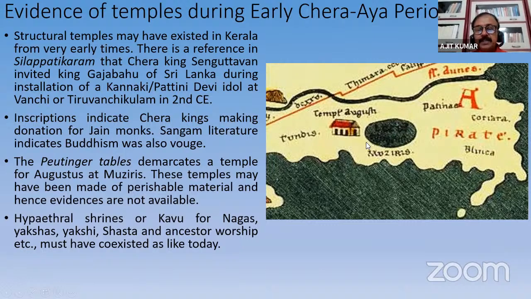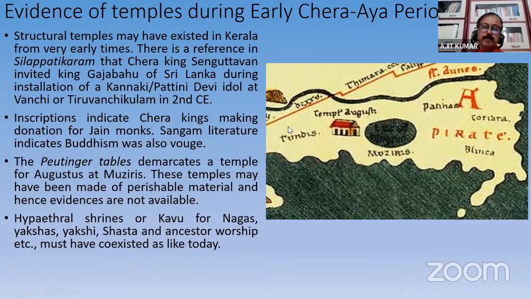But that doesn't happen to be the case, because the sloping roof is found all along the Konkan region, and it is basically because of the high precipitation or the high rainfall in this region that sloping roofs were made. And sloping roofs in ancient times used to be thatched with either grass or palm leaves, because timber was available in plenty. So annually, just before the rains, this sloping roof used to be redone, as it was still in recent times. So the sloping roof being adopted even for a temple of Augustus built in Muziris, and its continuation into later times